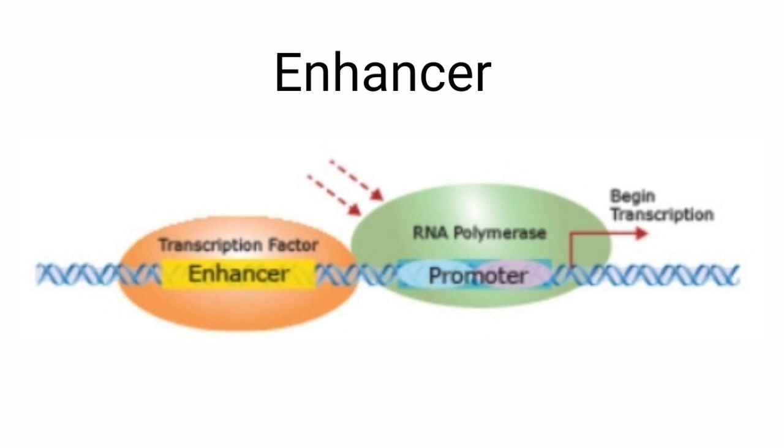Enhancers are DNA sequences that bind specific proteins called transcription factors. These sequences are typically upstream of the transcription unit, but can be just about anywhere, including within introns. When an enhancer binds with a transcription factor, the presence of the complex increases the possibility that RNA polymerase will bind to the promoter and begin transcription of that gene.